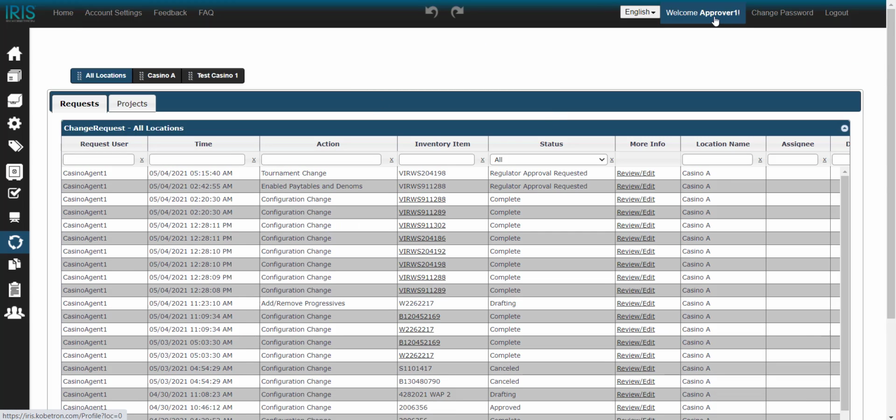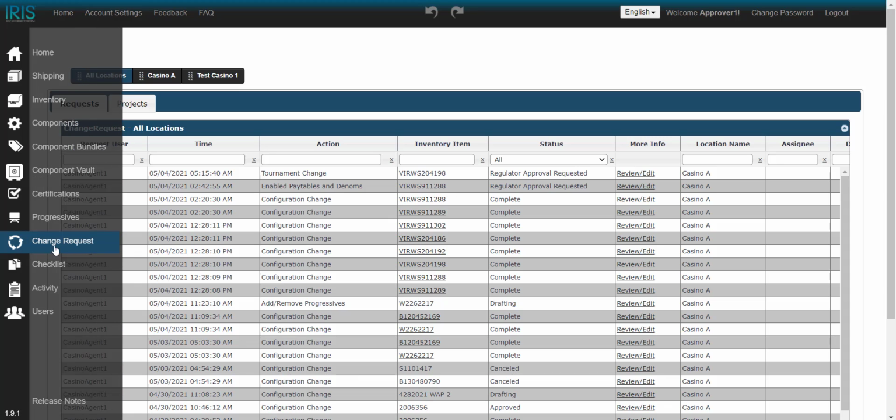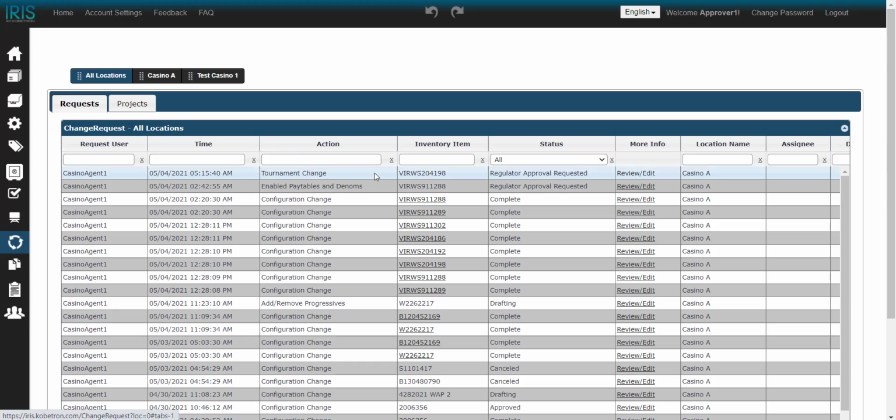So now I'm logged in as approver 1. I'm on the change request tab page and I'm looking at the request tab. So I've got this tournament change request. I'm going to review it,